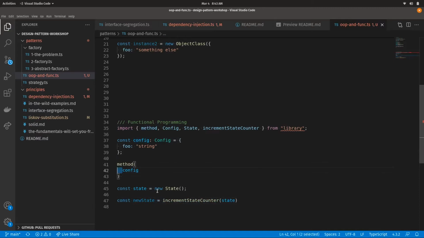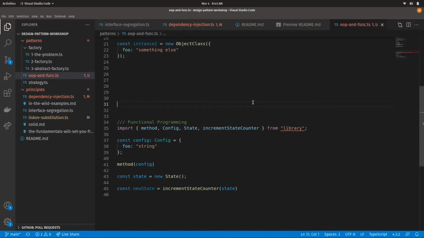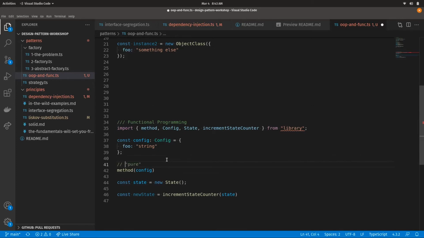So, yeah, anything to add here? Yeah. So in the way that I perceive it, is that in pure functional programming, you have more quote unquote immutability